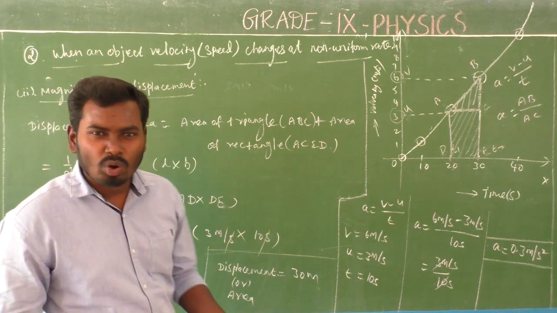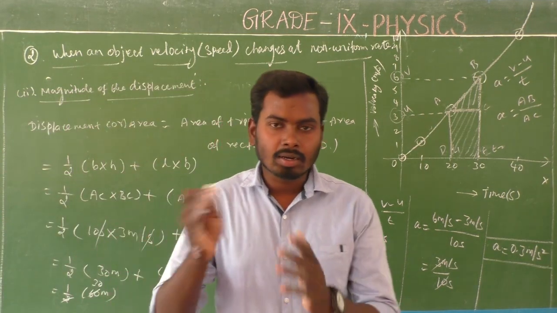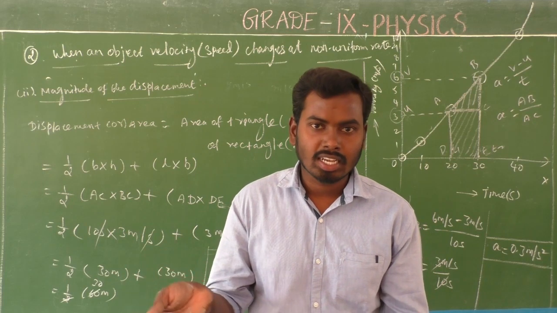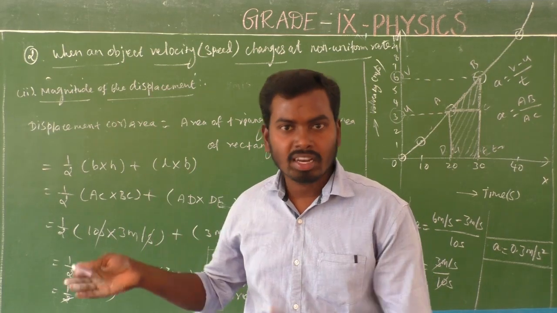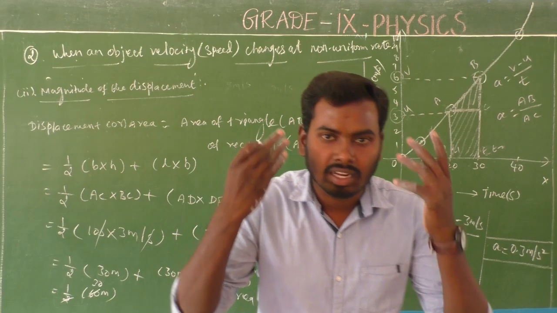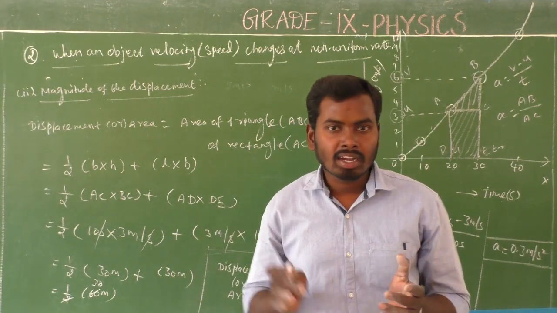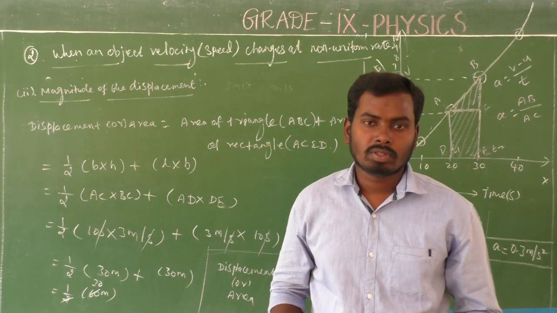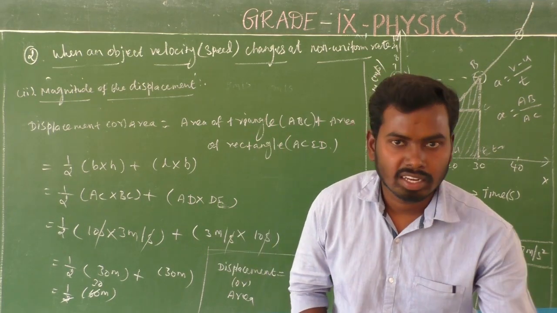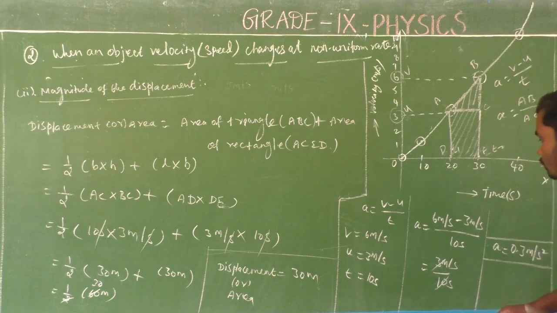That's all. Is there any doubt? See, what is that? Arithmetic calculation. Just multiplication and division and addition and subtraction. That is physics numericals. Okay, but to try to understand the concept, that is very, very important. Is it clear? Yes.